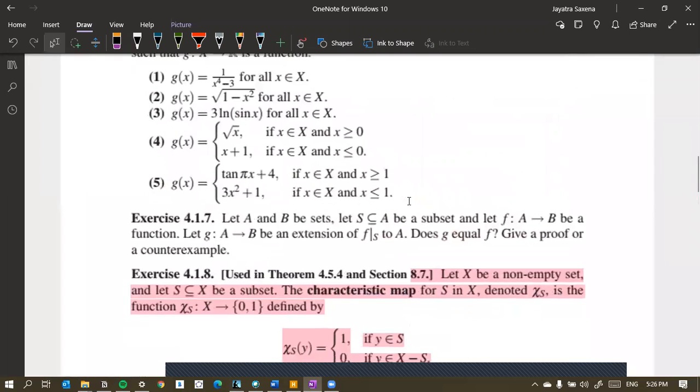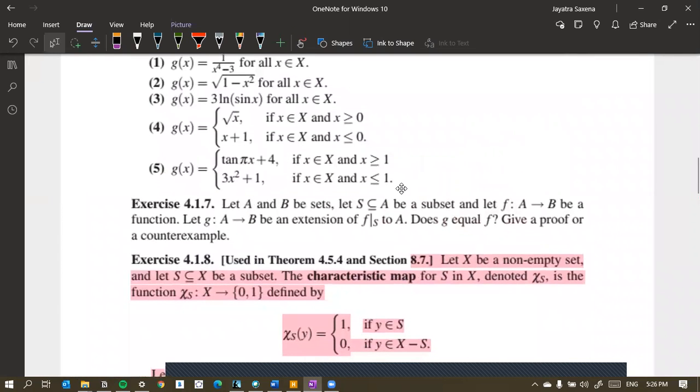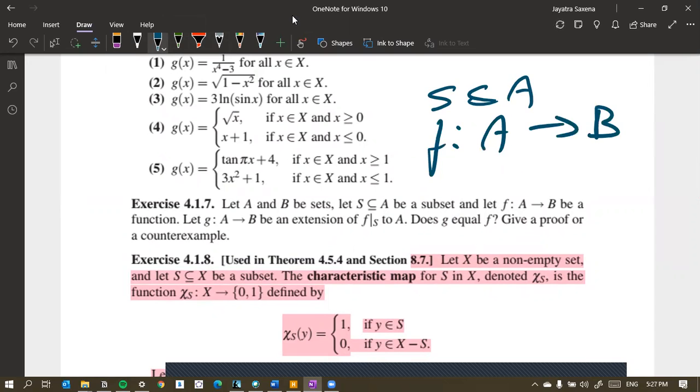Okay, so S is a subset of A here, and we know that F from A to B is a function, so it's defined and follows all the properties of a function. And